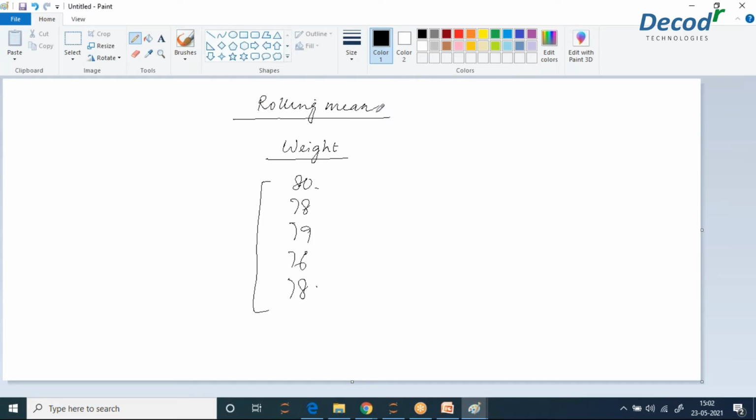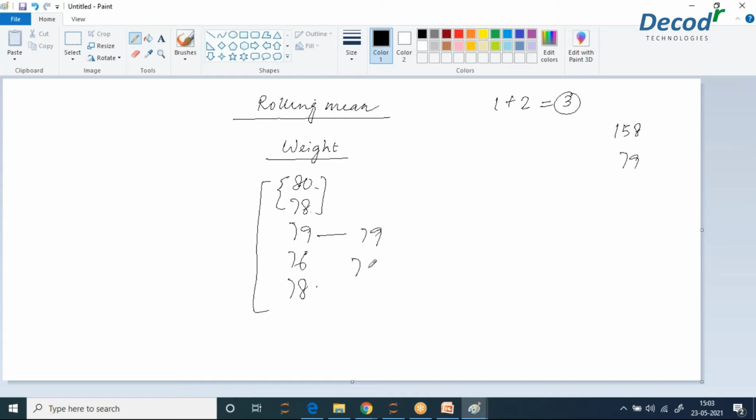to figure out what will be the... So how will I do that? I will add the first two values to predict the third value. I will do a sum over here. What will be the sum for this? 158, which is 79. My prediction is 79. I'm just doing the mean. Then 78, 79. Okay, that was so easy.